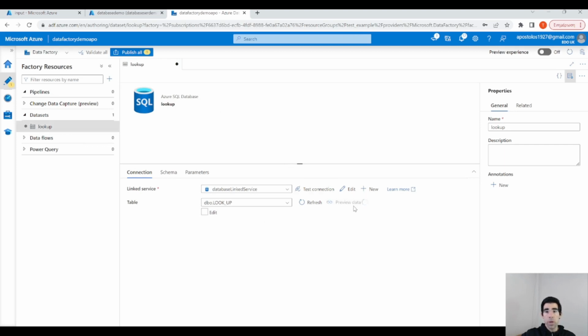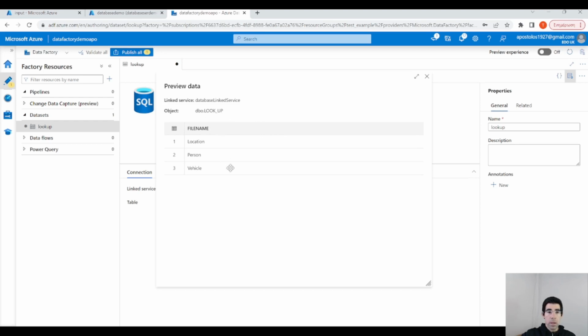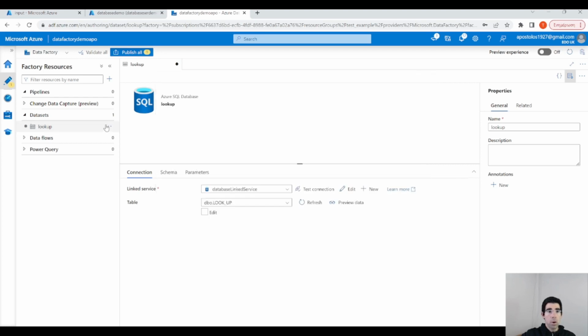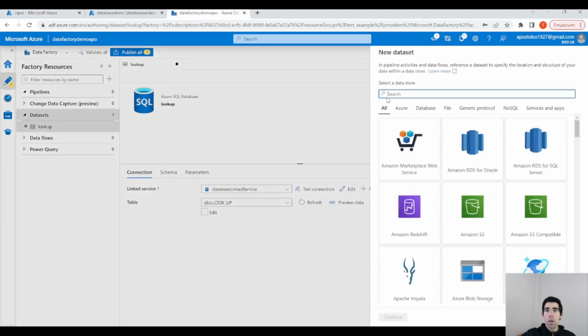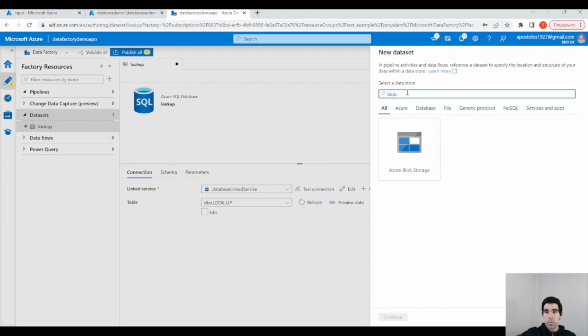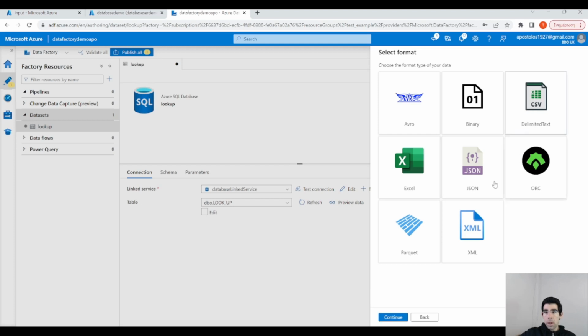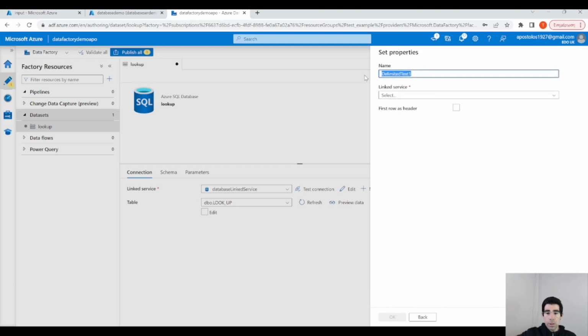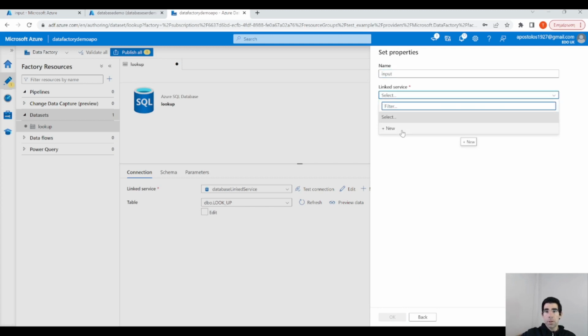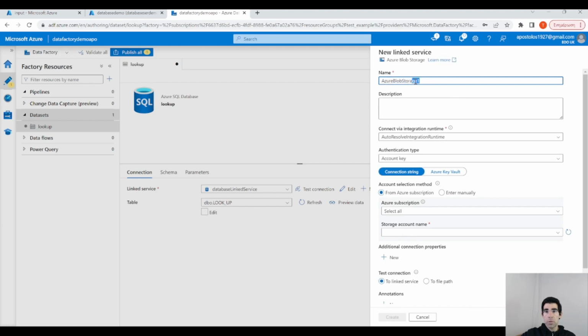If we click on preview data, we will see the data in the database, the 3 records: location, person, vehicle. Great. Now we need another dataset for the input CSV files. So Blob Storage, click CSV, let's call it input, select a link service. So again, we have to create a link service for Blob Storage, storage linked service,